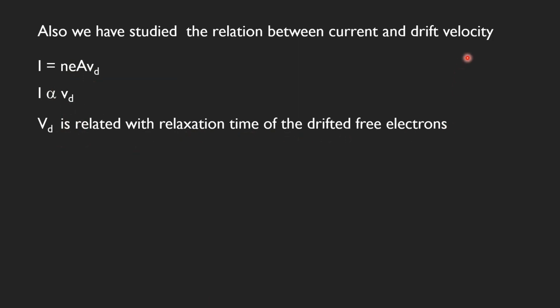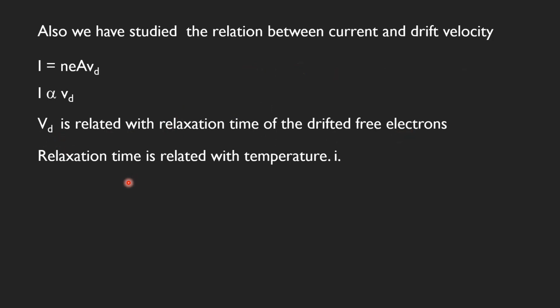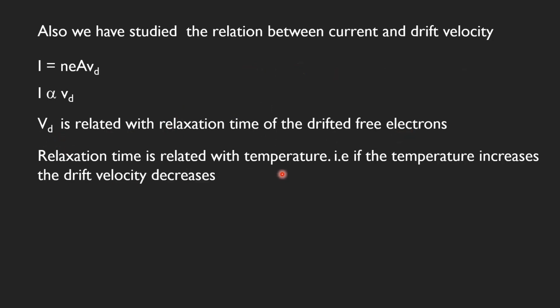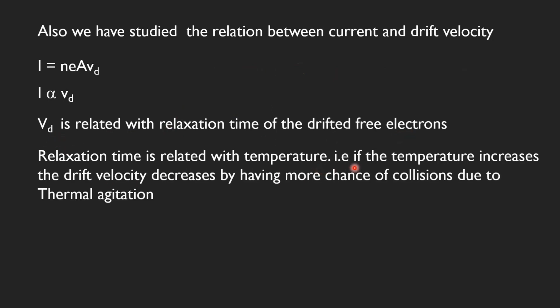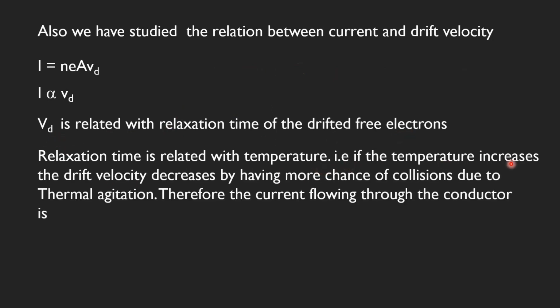Suppose the electrons are drifted from one end to another end. The relaxation time of the free electrons which are drifted from one end to another end is related with the drift velocity, and the relaxation time is related with temperature. That is, if the temperature increases, the drift velocity decreases, because when the temperature increases, due to thermal agitation,